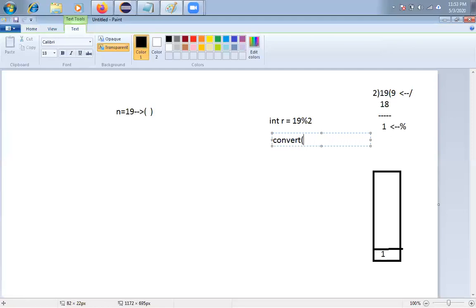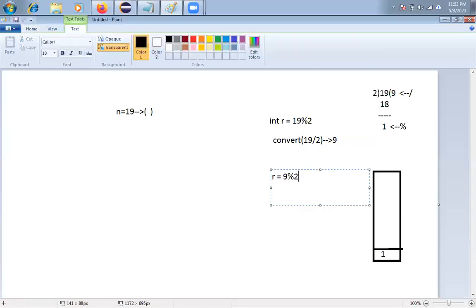My method name is convert. This time I will not call the convert function by passing n. I will pass n by 2, so 19 by 2, that is, I will call it with 9, friends.